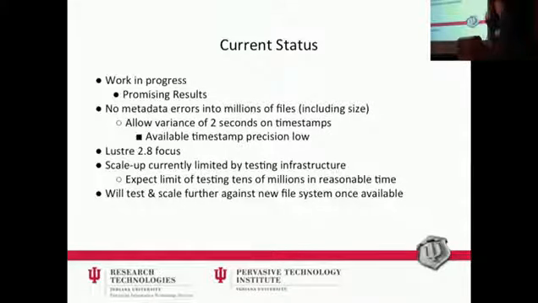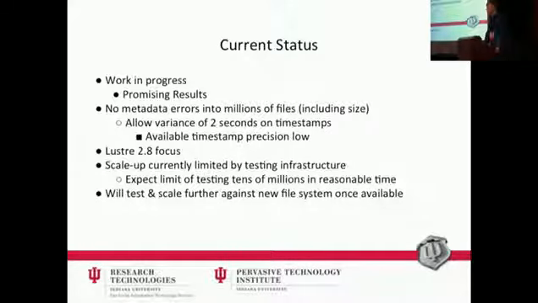We don't have a large testing system for this, but we do think even with the infrastructure that we currently have, that we're going to be able to test this up into the tens of millions in a fairly reasonable period of time. We're hoping that about the time our current testing infrastructure starts to break down in terms of how long it's taking to go through this phase,